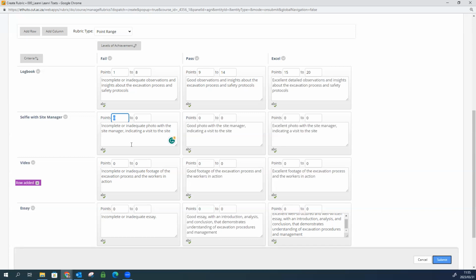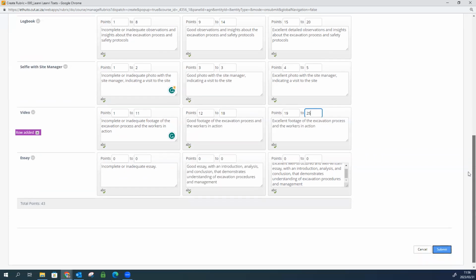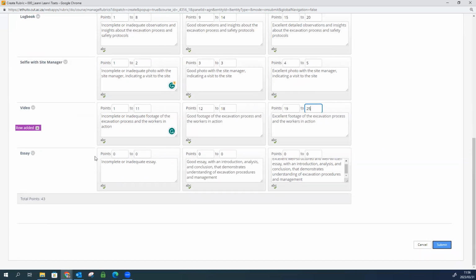The selfie won't be worth that much. So let's just do that as a 5. 5, and then this was going to be 25. So you'll see that it keeps track for you at the bottom. So as you go, it's going to keep track of the